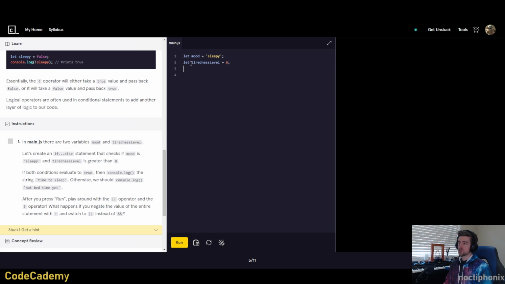Okay, so we've got our mood variable set to sleepy, tiredness level set to 6. So let's do the if statement. If, and we want the mood is sleepy and tiredness level is greater than 8. So we want mood, triple equal sign. I'll go ahead and put spaces in between just so that it's a little easier to read for now. Sleepy. And then we put 2